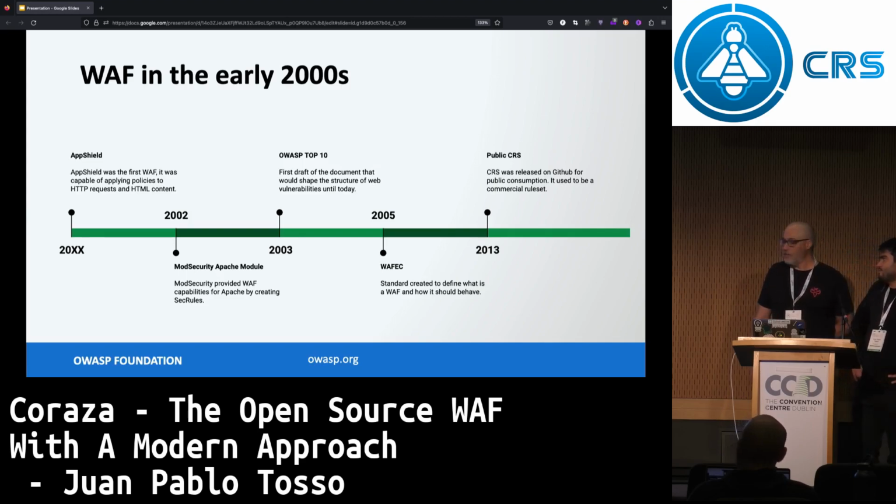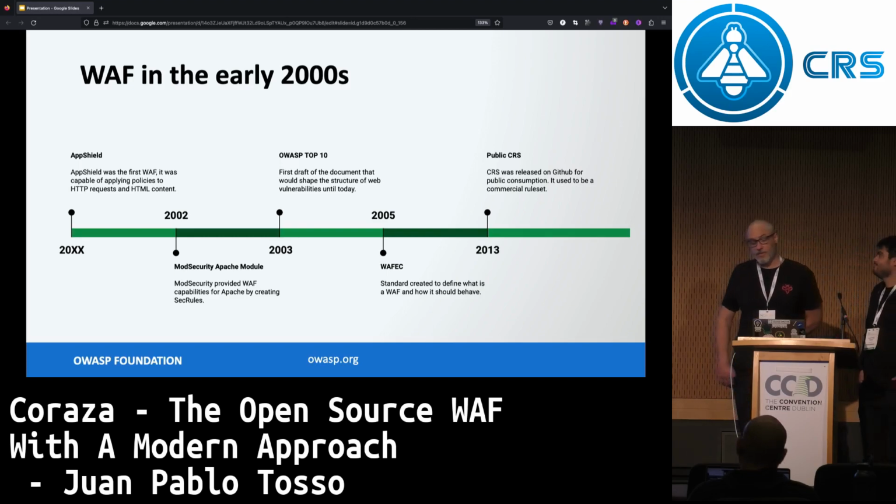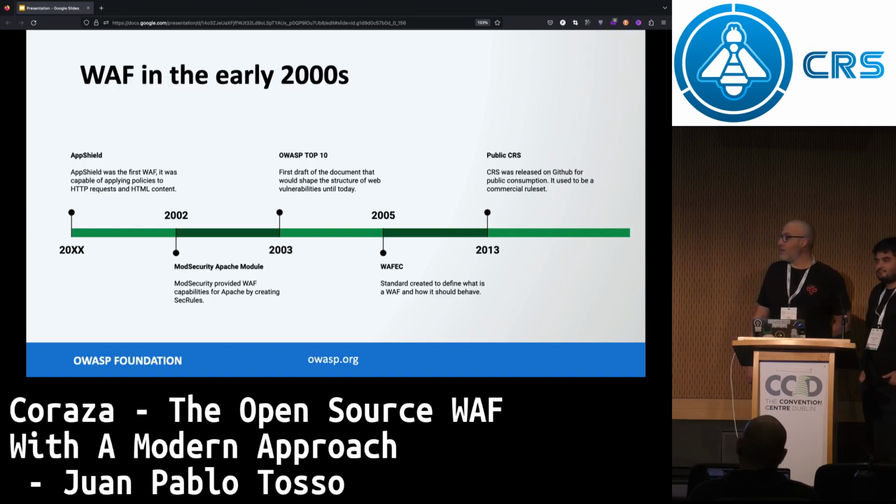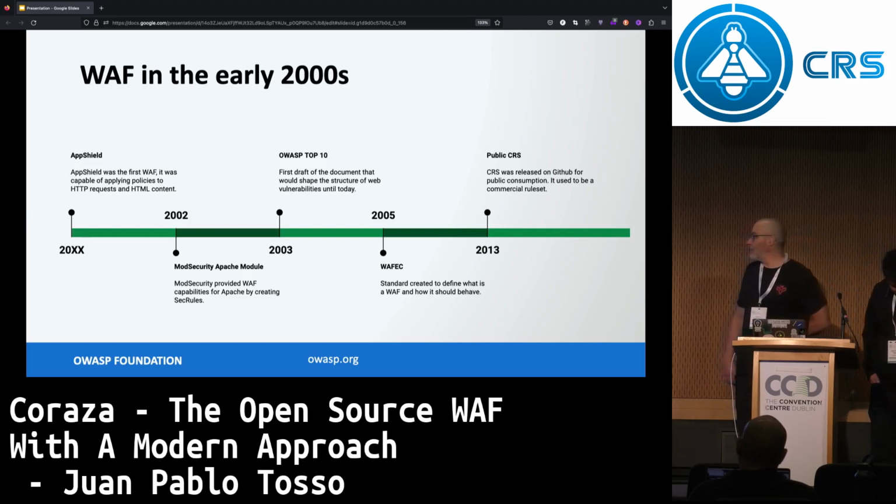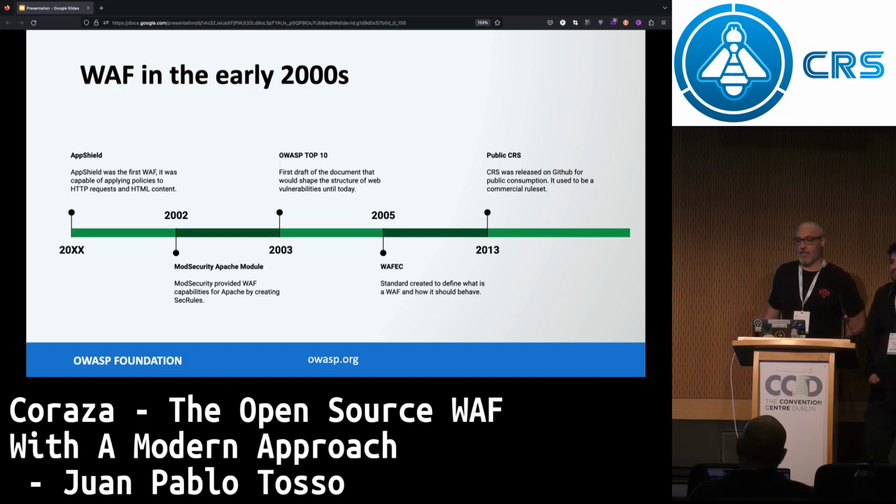Yep. So, to end, there is history on the CRS that we couldn't find, because it was in an internal SVN, which is lost in the memory of the internet. Unbelievable, but it's not out there. But there is a public release that you can see on GitHub, and that was in 2013.